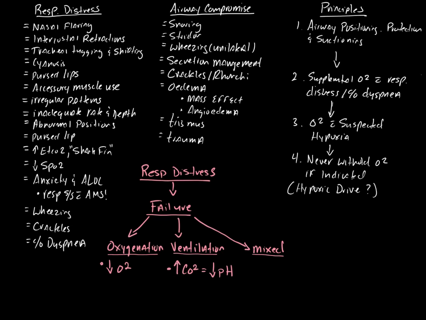Good deal. All right, so let's talk about respiratory distress here. What kinds of things can indicate that somebody's having distress or difficulty breathing, right? Nasal flaring, intercostal retractions, tachypnea, tracheal tugging, or tracheal shifting as well, cyanosis, pursed lips, accessory muscle use, and just in general, irregular respiratory patterns, inadequate rate and depth, abnormal positioning like tripoding, tripod position, pursed lips,